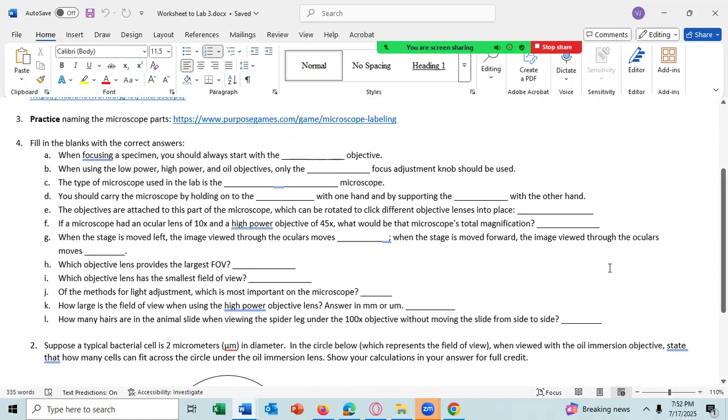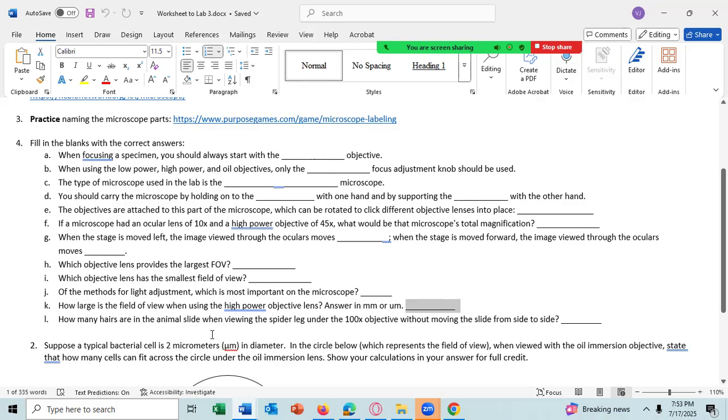The lab does have an answer, but I will agree that there are two methods which are both important for controlling how much light gets in the microscope. So as long as you have one of those two. 4K, how large is the field of view when using the high power objective lens? You need to give an answer in millimeters or in micrometers, right here.